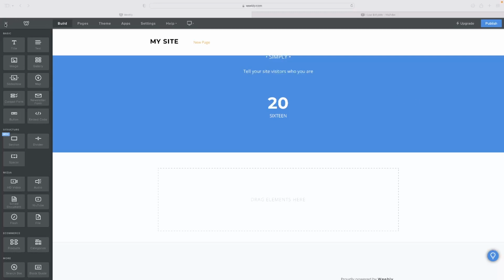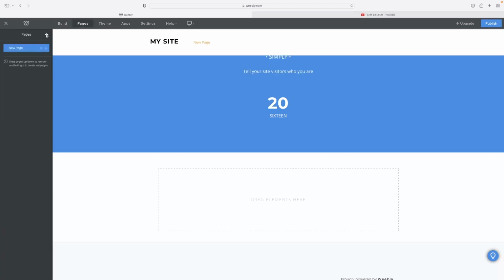With Weebly, obviously when you create the website for the first time, I can show you that as well in a second, you can select a blog from the get-go as a template. If you've got a pre-existing website that you've created and you're in the website builder to add a blog capacity to your site, all you need to do is go to pages, and then you'll see the little plus symbol to add a new page has actually got a blog page by default. So whether you go in with a blog site from the template mode when you first log into Weebly, or whether you've got a pre-existing site, hit blog page, and that'll give you